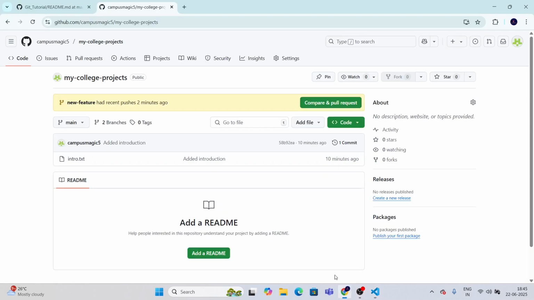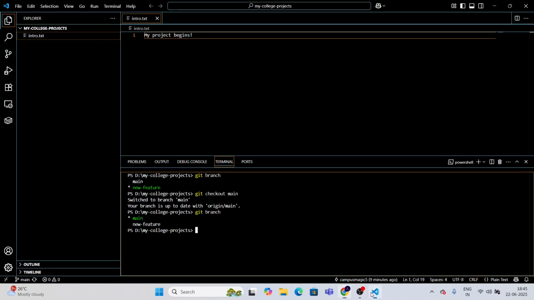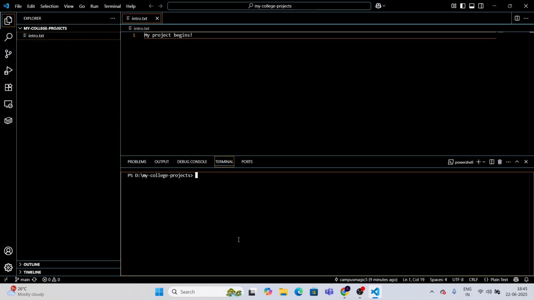So we will just run this particular command, git merge new feature. By the way, you can also give this git diff command, new feature. So if you see this, you see the differences between the main branch and the new feature branch. Now let me just clear it. Okay, now if you give this git merge new feature command,